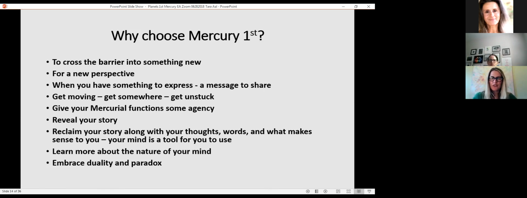So that part of us wants to keep things connecting and moving. So if you're feeling stuck, Mercury can help with that. And if you just know, let's say you are very intimate with your mercurial functions and you just want to give them some agency.